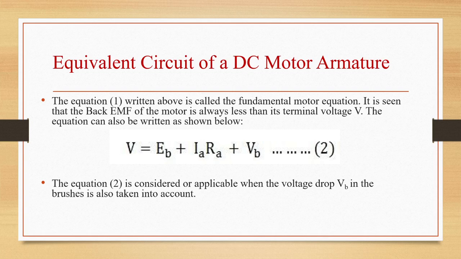Whereas in the case of a generator, we had the equation E is equal to V plus IARA. So this is the difference. There, EG is equal to V plus IARA. In a motor, V is equal to EB plus IARA. There we were representing the voltage by EG because EG was the EMF generated in a generator. And EB is the back EMF. V is the terminal voltage or voltage applied. There also we had a voltage drop, but it is very small and it can be neglected. Only in the case of numericals, if they are mentioned, then you can take the VB value.